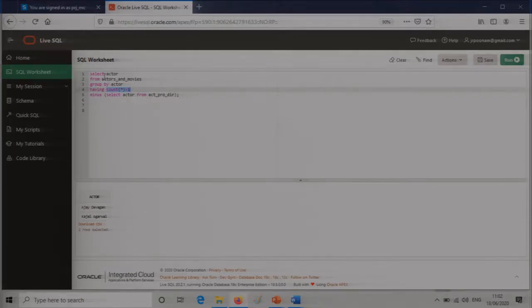I just have to see where the count is greater than 1 and choose only those people. So I will extract those people, check whether they are greater than 1, which is available in the previous view that we created, actors and movies, and I will subtract from that. Minus is the clause here. Let me put my cursor here.